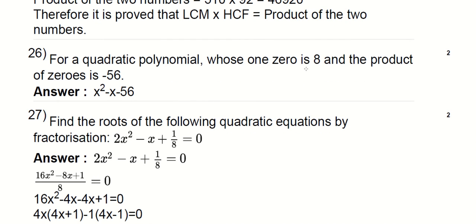For one root, 8 is given; the other root's product is given, 56. Then divide, then subtract. Product is 20, so the other thing is minus 7. Okay, I think it is minus 7. Then the sum of this is 1. So x squared, say one root is alpha, this is beta, because 56 by 7. So the quadratic formula is x squared minus sum into x plus product. So x squared minus the sum, which means 8 minus 1 is 1. So by the formula, minus 1x, and the product is 56.